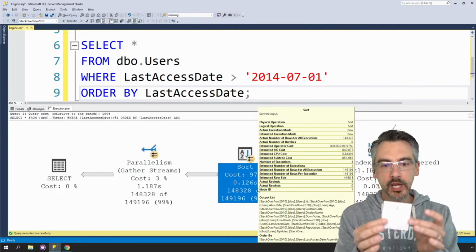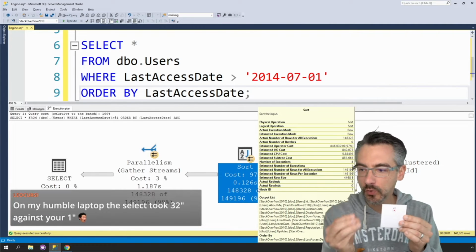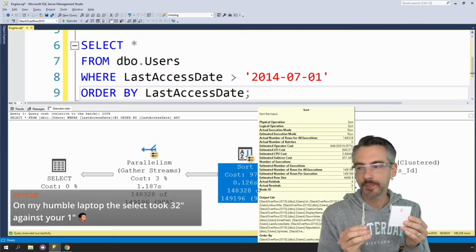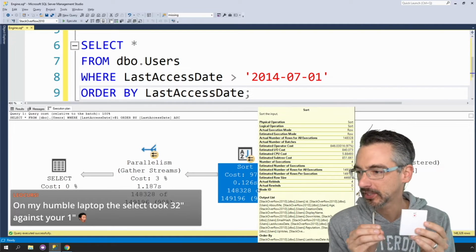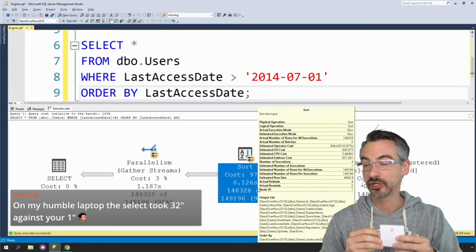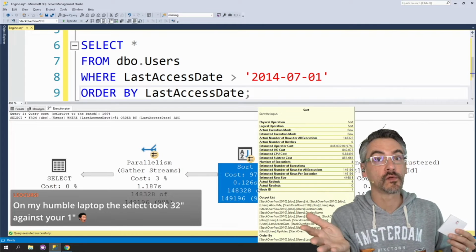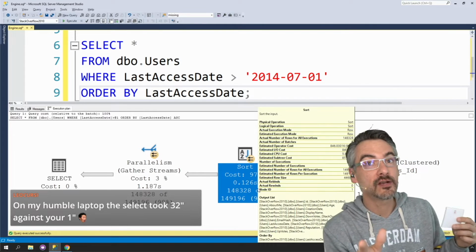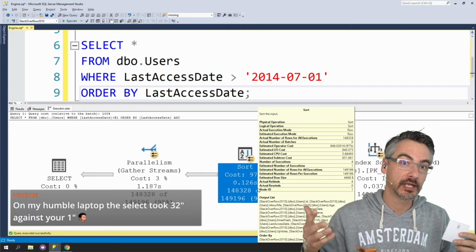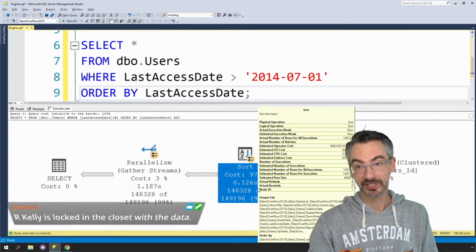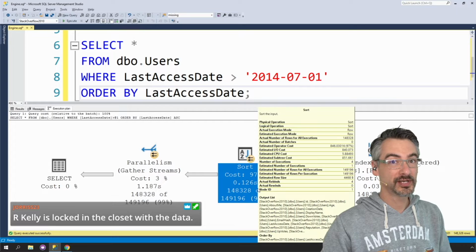So now, when it goes through and does this, the sorting is way more expensive. On my humble laptop, the select took 32 seconds longer than yours. You might be using the full Stack Overflow database. I'm only using the 2010 version here, which is only like 10 gigs. If you're using just the 10 gig version and it took 32 seconds,